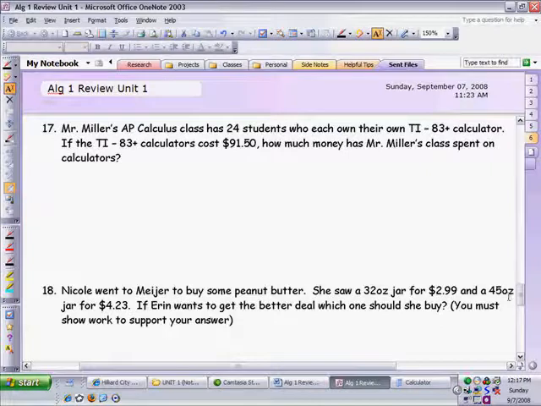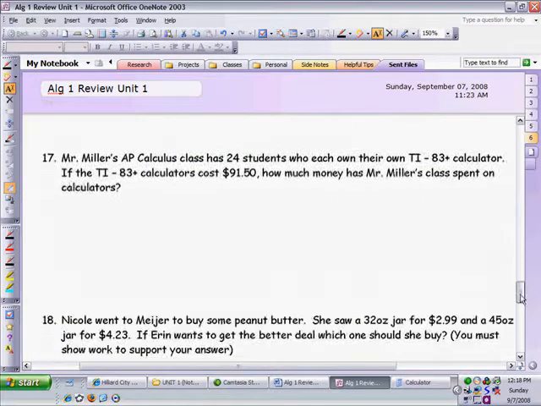So the first one, 17, says Mr. Miller's AP Calculus class has 24 students who each own their own TI-83 Plus calculator. If the TI-83 Plus calculator costs $91, how much money has Mr. Miller's class spent on calculators? So the first thing, and I don't think the explanation quite is there, but the first thing I'd like you to do is set up an expression that represents the situation here. So if we were to set up an expression for this, this would be